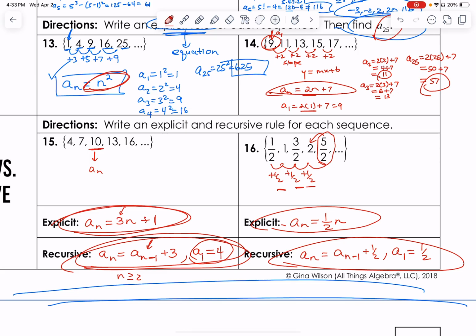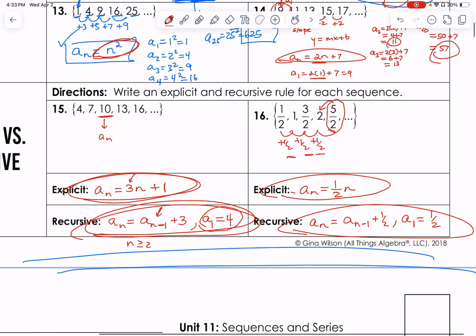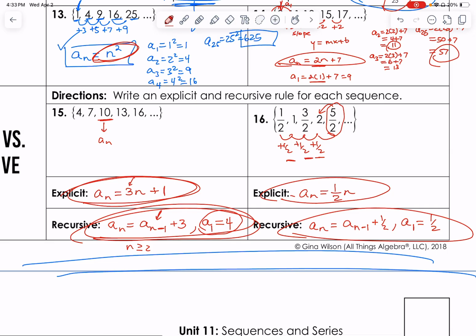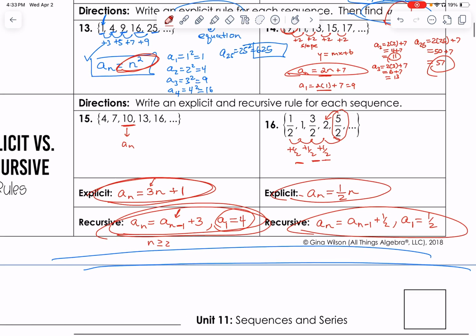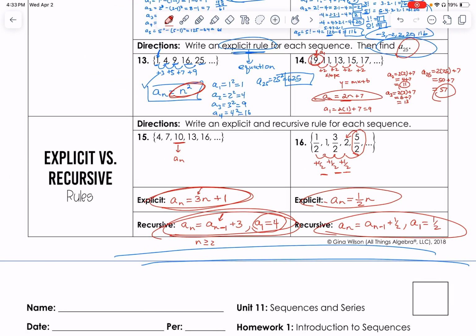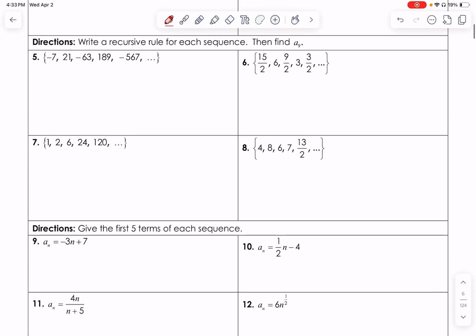So now, hopefully that'll help you with the homework. Do the best you can on the homework. Don't worry, you're going to get some wrong, and some of them are really hard to figure out the recursive because some of them are exponential. I know there's ones where instead of adding the same thing every time, if you go to the homework, I know there's one where